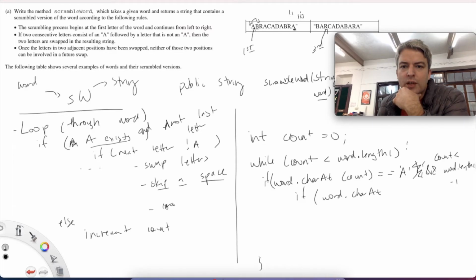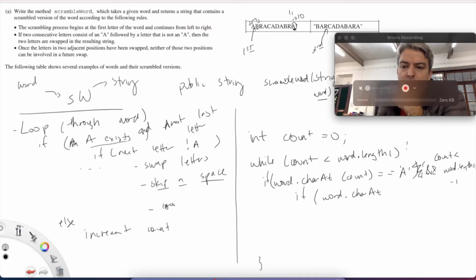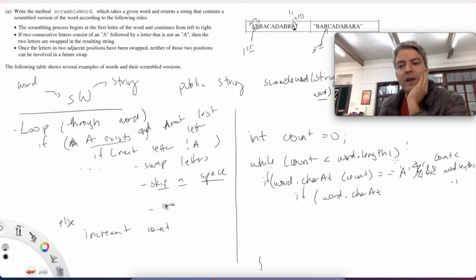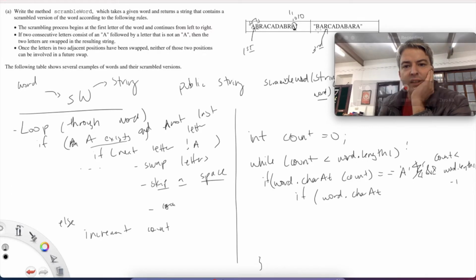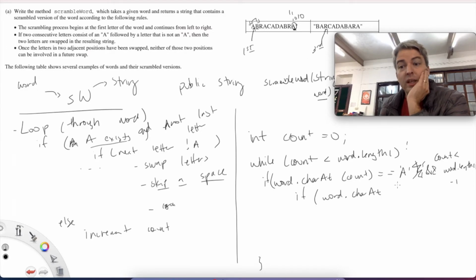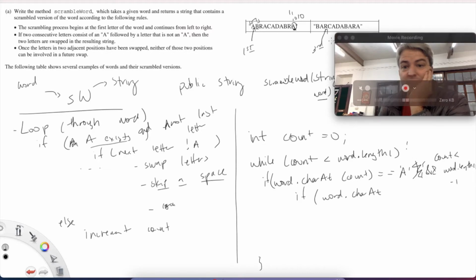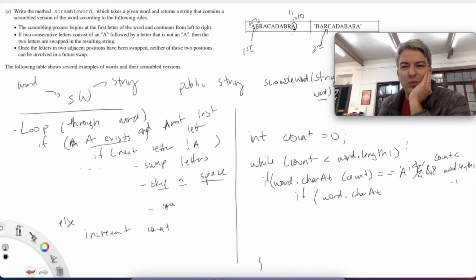But I want to make sure that it shouldn't be in this last space. This last space will be 10, so length - 1. Basically what I'm saying here is if I find any letter A that is in any space before the last one, go ahead and keep working with it. If it's in the last space, then we don't want to try and do any kind of swaps here. Okay, so if the letter is A and it's not the very last letter,